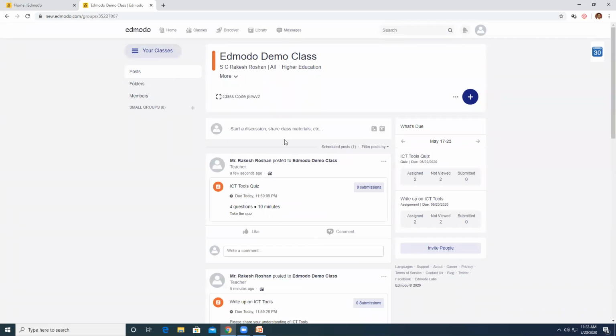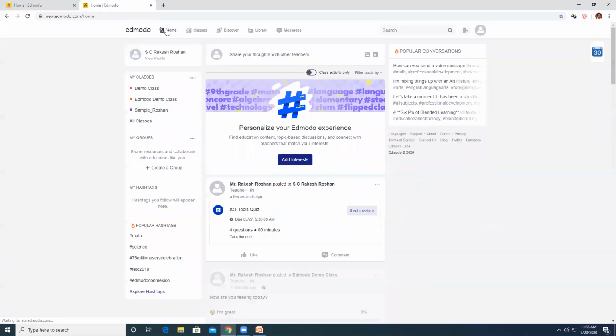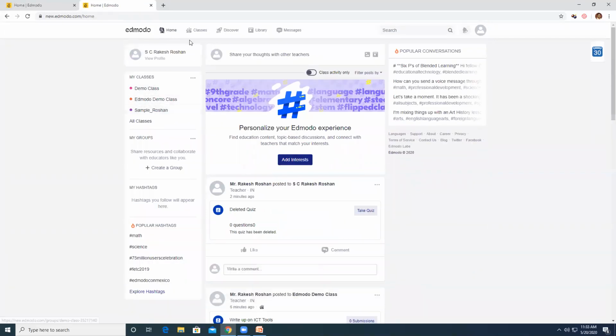So far, what we have seen: how do you interact with the students? The conversation, sharing of reading material, sharing of handouts, and live classes. What are the mechanisms that we can have? And recorded videos also, you can attach them. And we have given assessments for the students. One is an assignment and another is a quiz. And all of that would show up here. What is due? Okay, so this is home, and that shows all of your classes, and we are done with it.